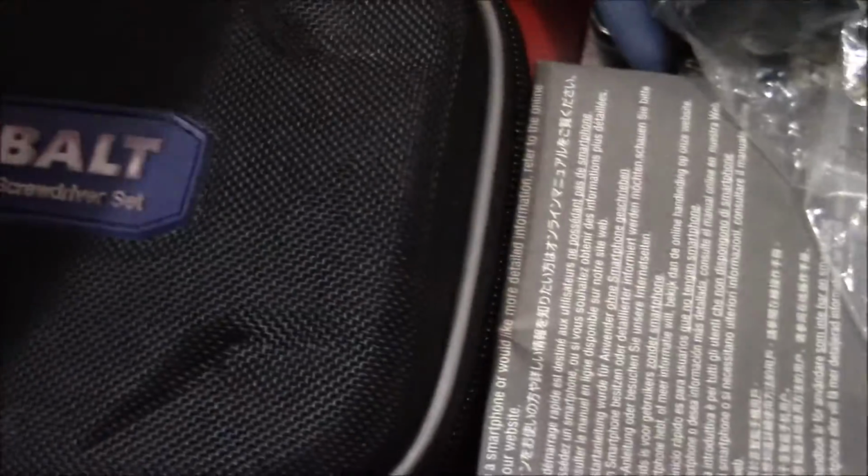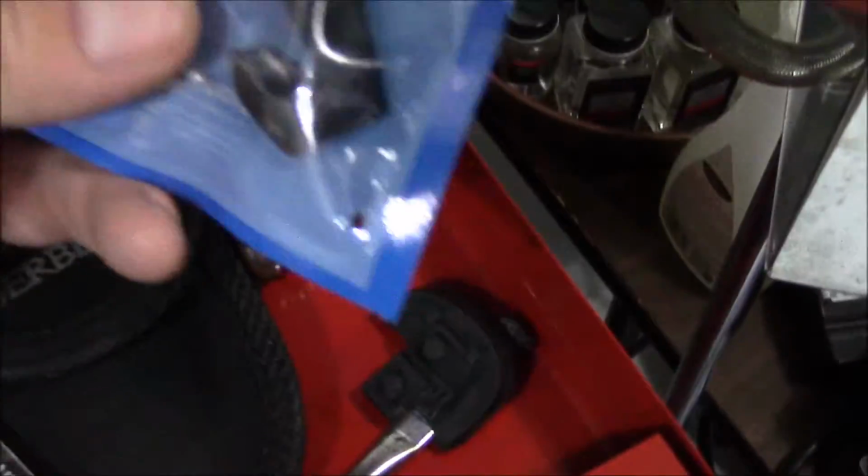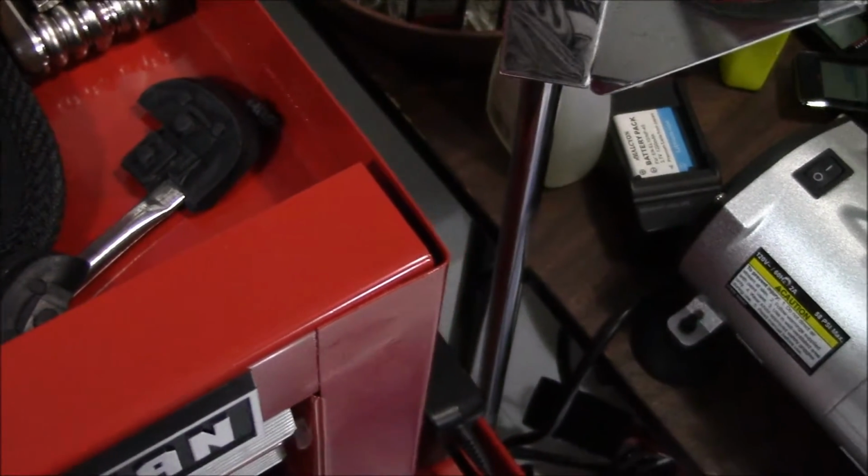Okay, so always keep those. Always, by the way, make sure you have extra bolts for your cleats, things like that as well. Okay, now something that not everybody thinks about. I don't have one for my Jamis, but as you can see here, for the Giant I have an extra